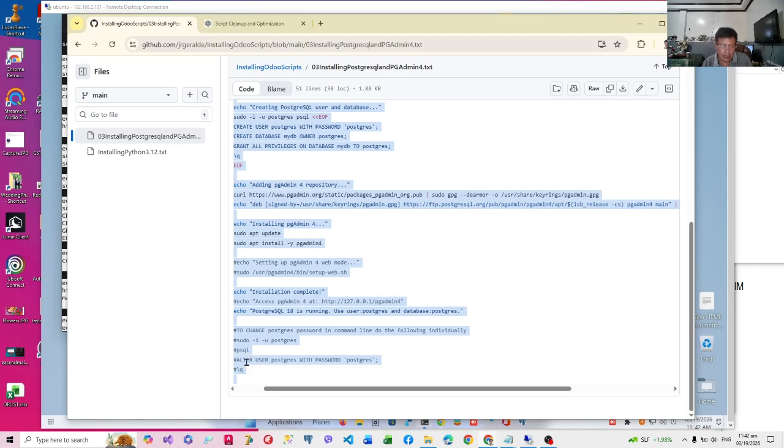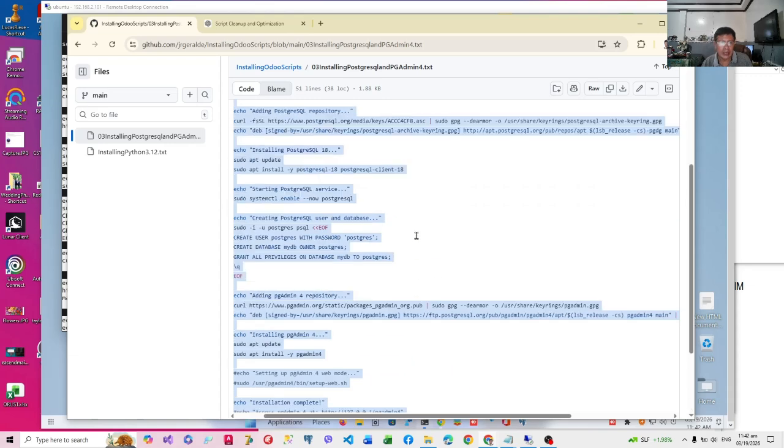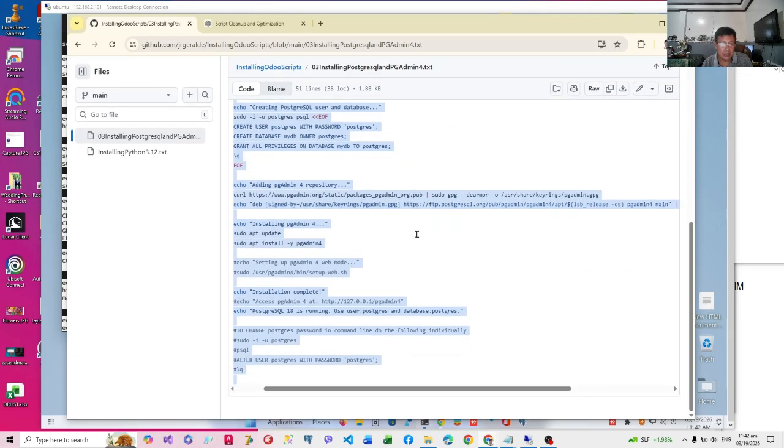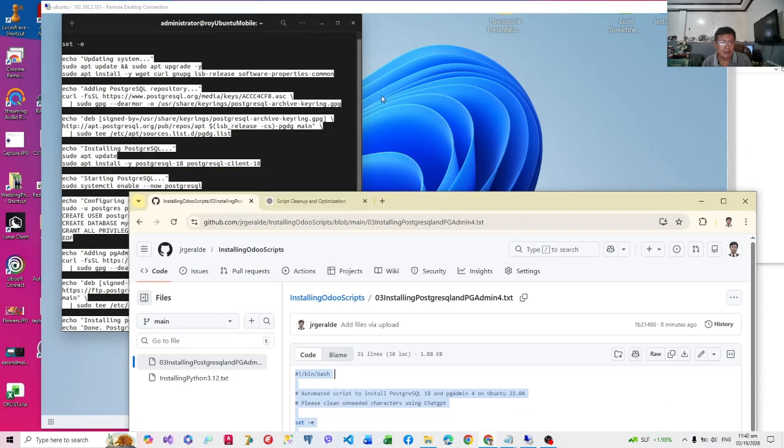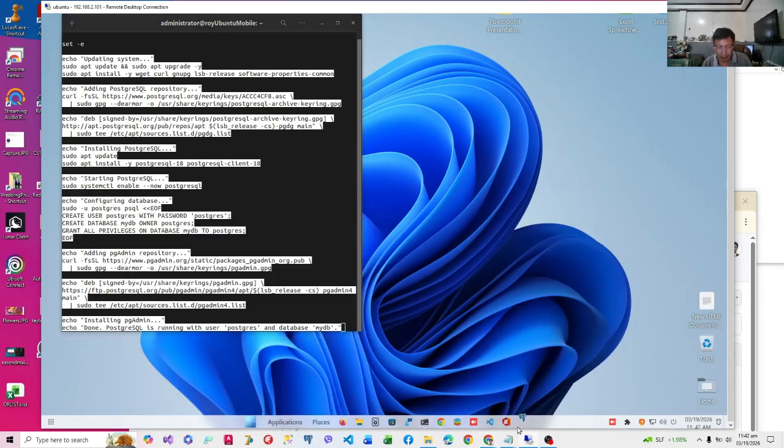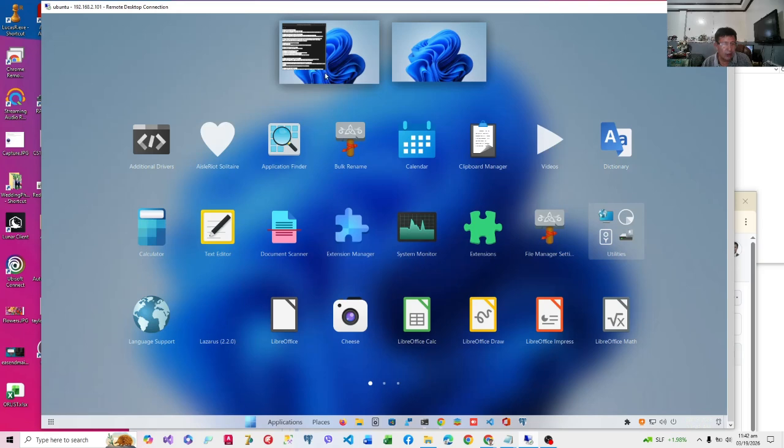This will allow you to change your PostgreSQL password to postgres, or you can change it any way you like. And just don't forget to press \q in order to quit the SQL command line. Now I cannot upload this in the description below because YouTube does not allow special characters like this. So you'll have to find the script in the GitHub repository, which I've indicated in the description below.